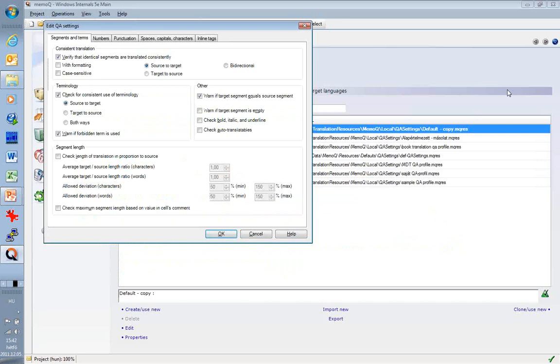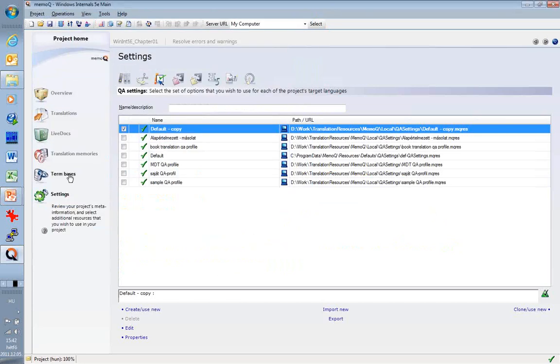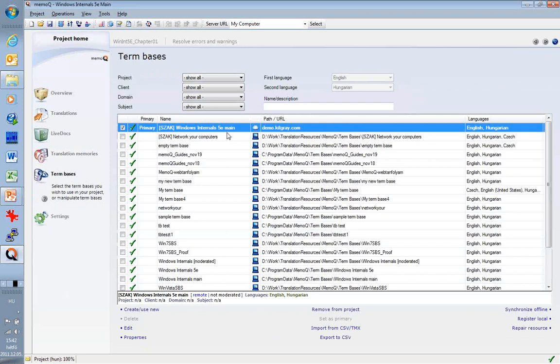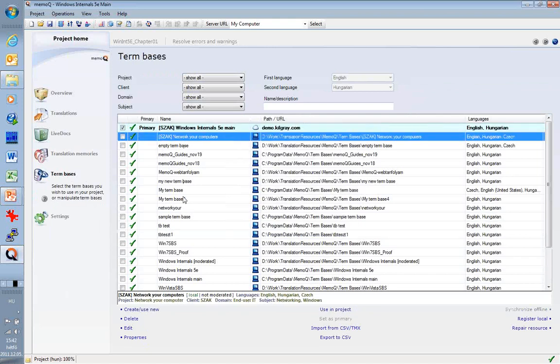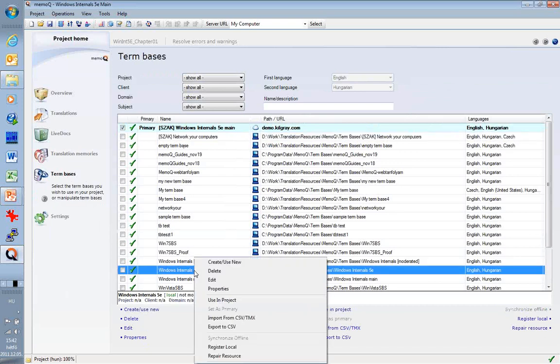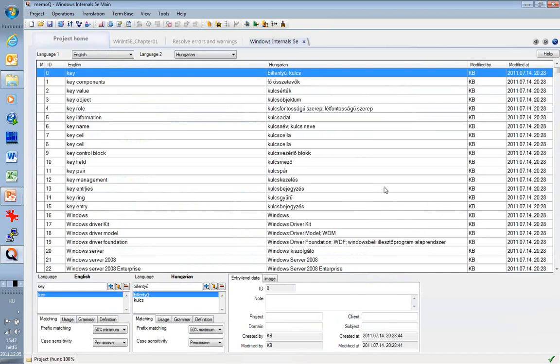Let me just show you something. I'm going to look at the term base here. I have a pretty big term base right here. Let me just find the local copy, so it's going to be quicker, because this term base is something like 7,000 entries. So look at the lower third of my screen. You might or might not see it well, but what I'm about to show you is that you